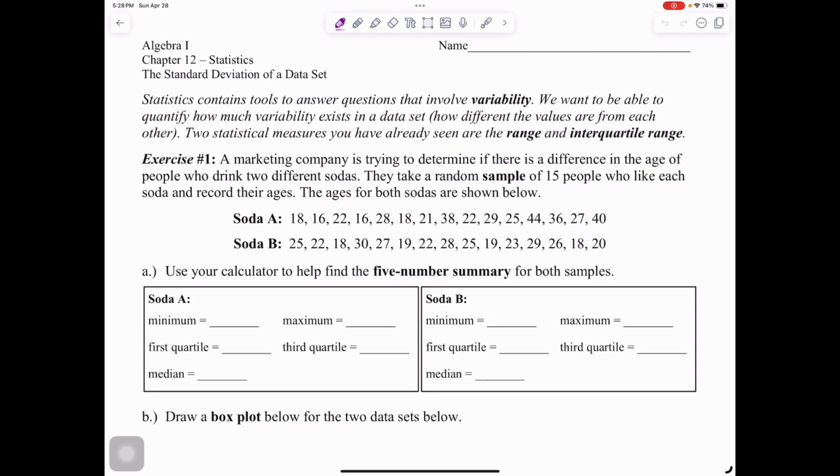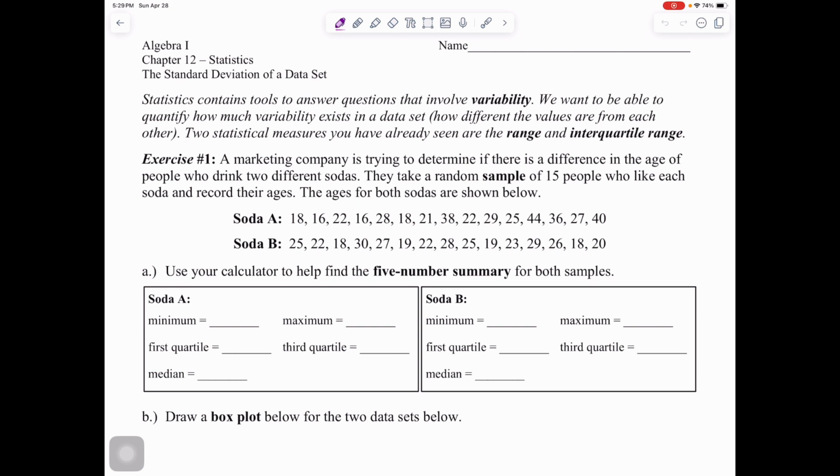Our next lesson is called the standard deviation of a data set. Statistics contains tools to answer questions that involve variability. We talked about that last lesson. How different are the answers? We want to be able to quantify how much variability exists in a data set, how different the values are